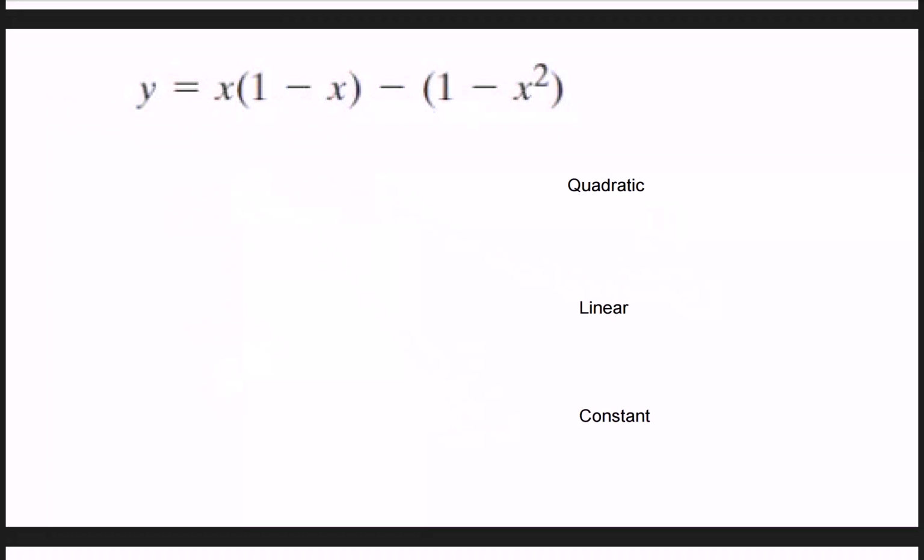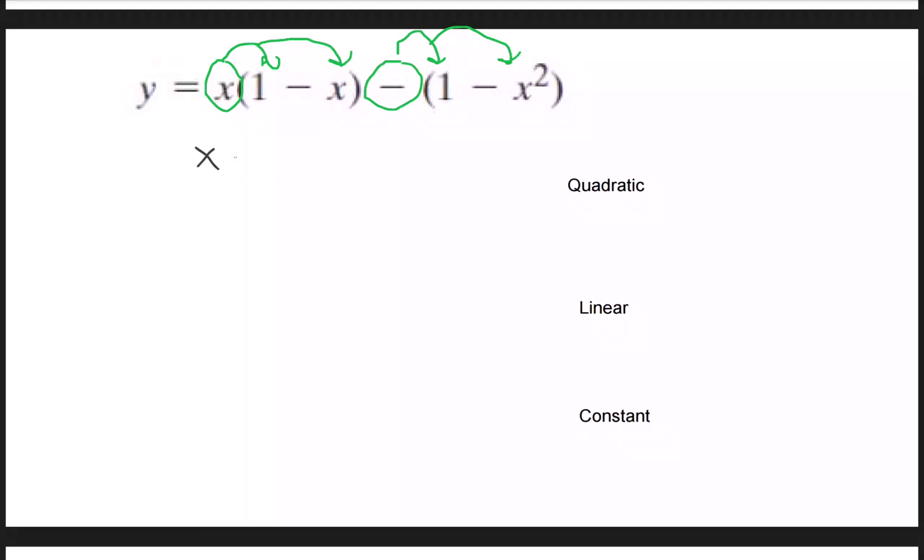So I have this equation right here. And right off the bat, we're not quite sure if it's quadratic or not, because it's not really in standard form, with the x squared term leading, the x next, and the constant term after that. So we're not quite sure what this all is. Before we move on, we're going to get it in a simpler form. I'm going to take this x and distribute it here and here, and I'm going to take this negative sign and distribute it here and here. When I do that, I should get